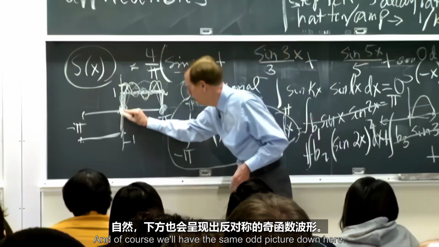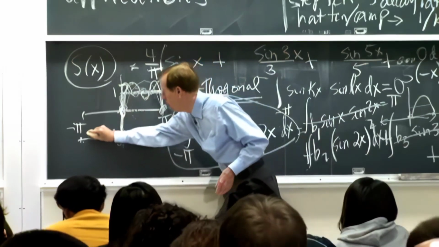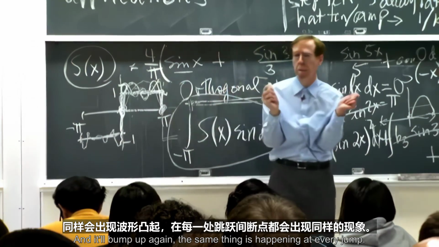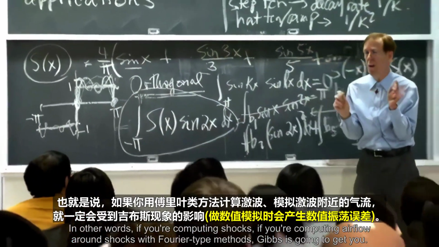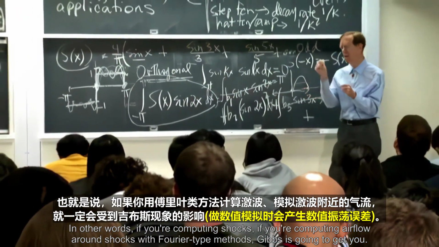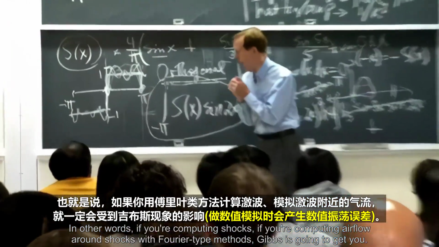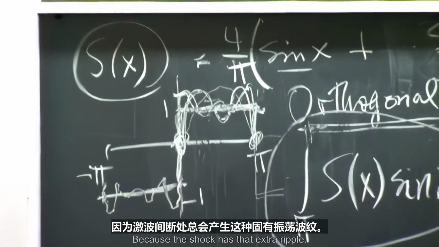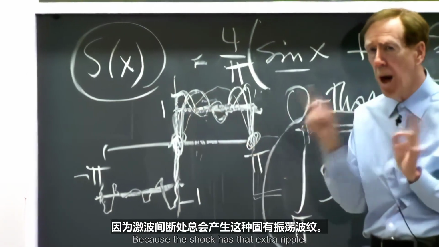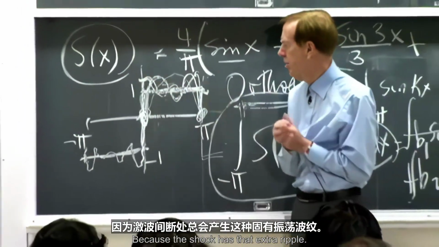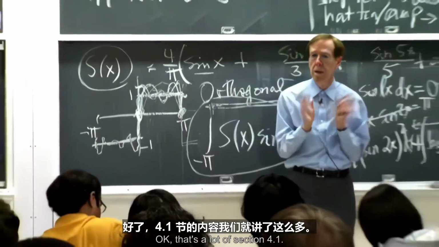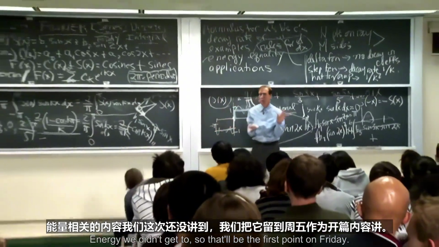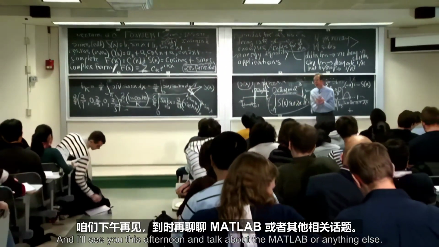And of course, we'll have the same odd picture down here. And it'll bump up again. The same thing is happening at every jump. In other words, if you're computing shocks, if you're computing airflow around shocks with Fourier-type methods, Gibbs is going to get you. You will have to deal with Gibbs because the shock has that extra ripple. Okay, that's a lot of section 4.1. Energy we didn't get to, so that'll be the first point on Friday. And I'll see you this afternoon and talk about the